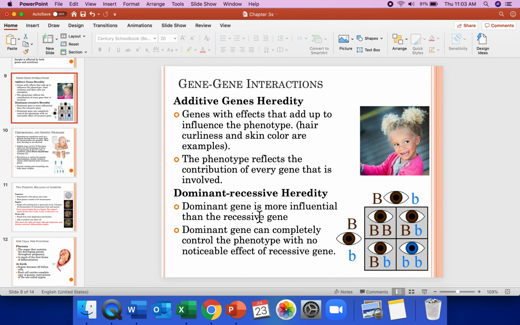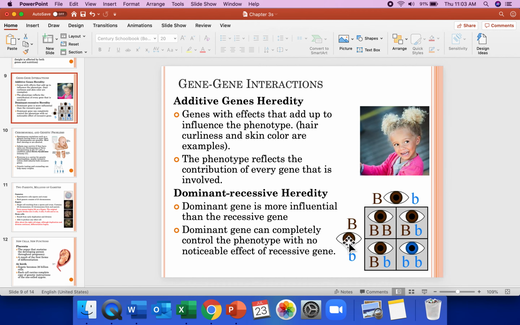So dominant genes are going to be influential and they will cover or mask the recessive gene. So if they are present, they're going to show on the phenotype. There is no way you can mask them. If they are not present, then the recessive one, if we have two recessive ones, then you can see the recessive expression. So here's an example with the eye color, just to simplify it, even though eye color, as I said, is